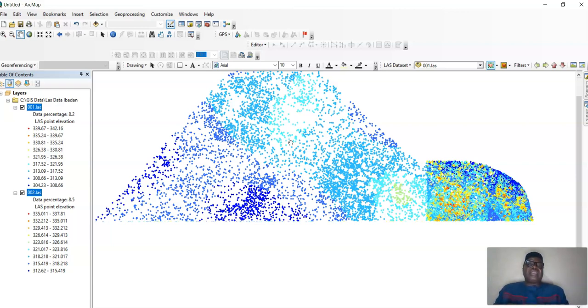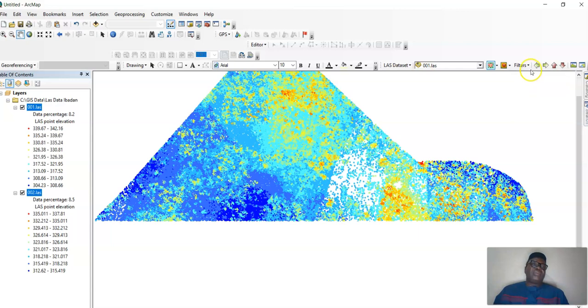Just showing us this ground heat is showing us the ground elevation, the soil, the ground elevation. But you can also see the trees, the elevation of the trees, the elevation of the buildings, and so on and so forth. So these are the ones that are not the ground heat. This is the other aspect, the other return. We have the ground return and the non-ground return.